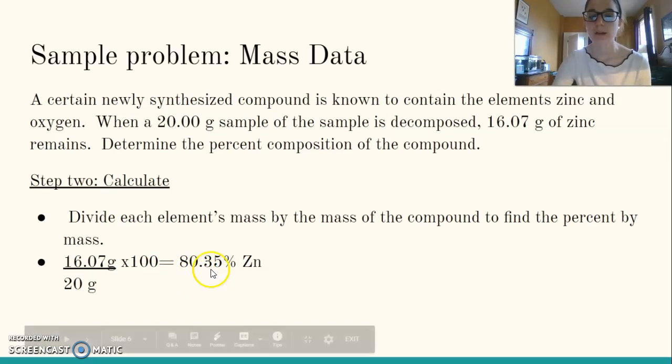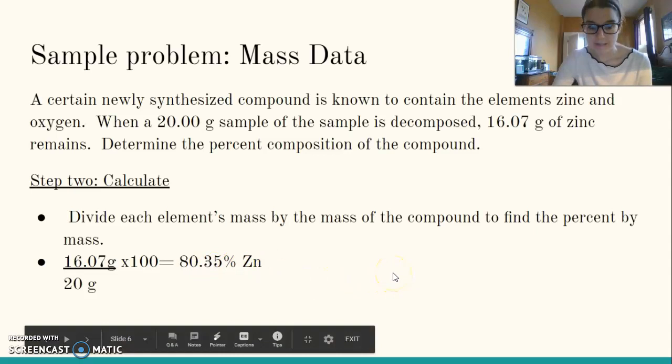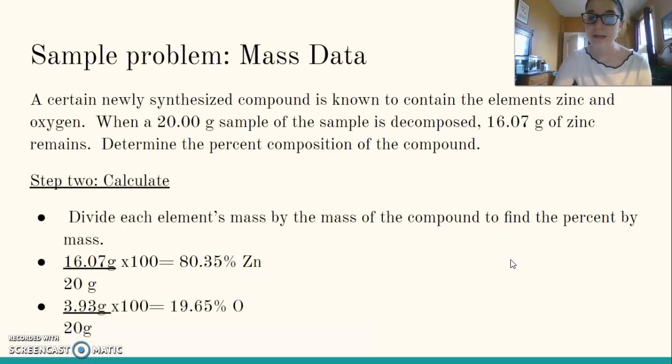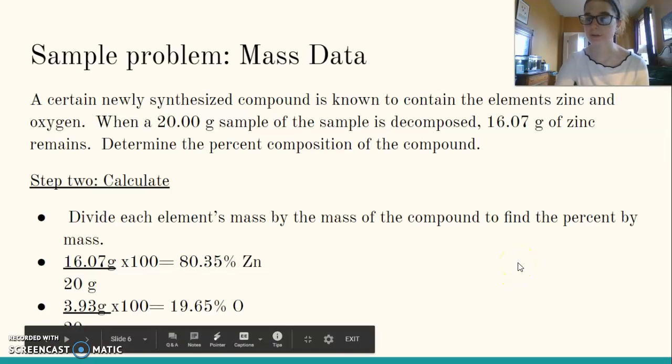over. To find the percent by mass of oxygen, we take the grams of oxygen, divide it again by 20, multiply by 100, and it gives us 19.65% oxygen. There's another way we could have found the percent by oxygen, and that is taking 100%, because nothing